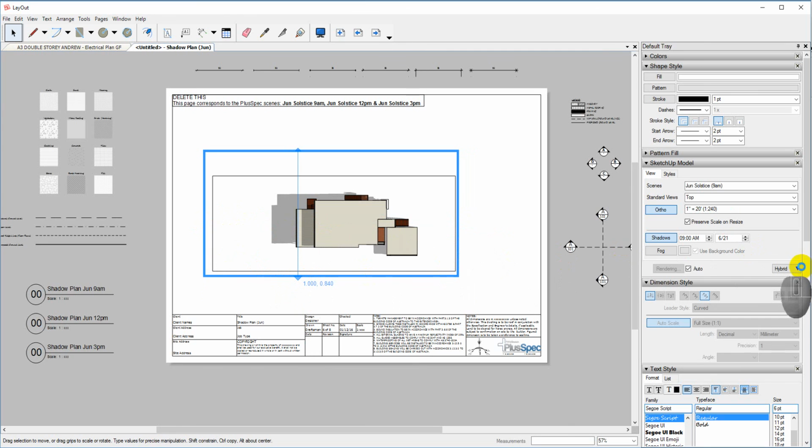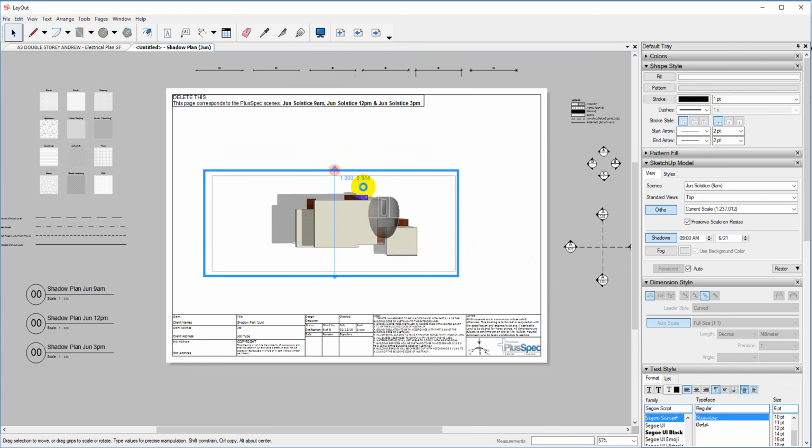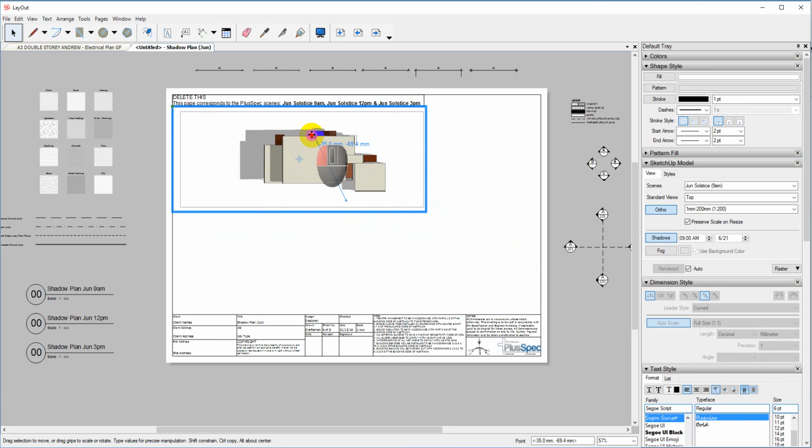It was also working harder because it's in hybrid mode. You'll notice that things are slowing down a touch. Let's get out of hybrid mode, go back to raster, and it will just speed things up a touch for us. Okay. Move this up here. So I now have my June solstice, which, if I want to not forget which is which,